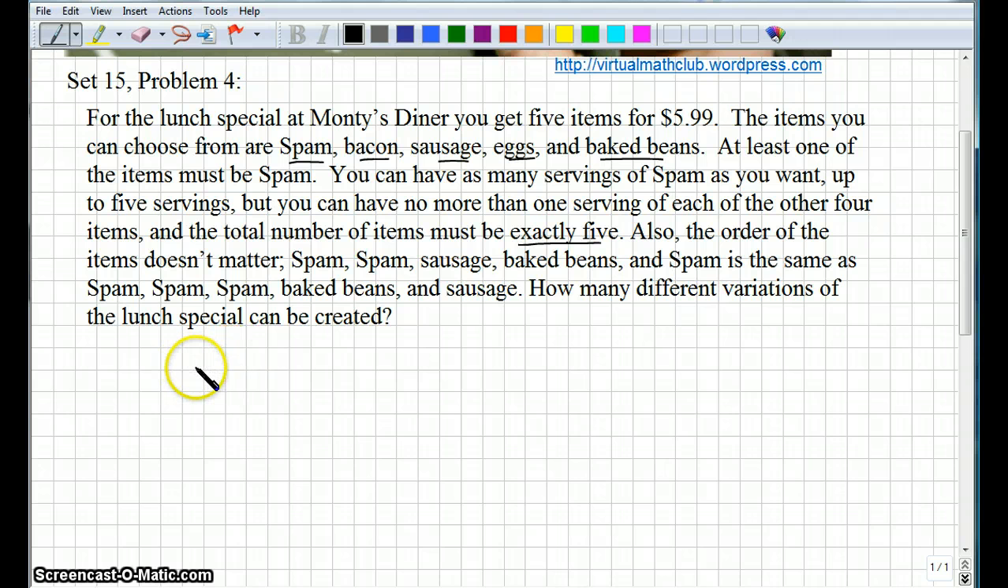The first way is probably the most common way to start this problem anyway. You may not finish the problem this way, but you might start this way. You might think to yourself, well, let's see. I've got to have at least 1 Spam. So we'll put down Spam. I could have 1 Spam, 2 Spams, 3 Spams, 4 Spams, 5 Spams. 5 is the maximum. So what if I do case 1, where I say, okay, well, let's just say we